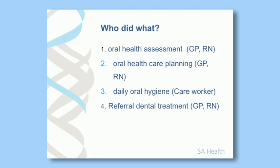Subsequently, we led a three-state Victoria, New South Wales and South Australia program to test this process in a broader range of settings to see if it was sustainable. It is. And the oral health assessment, the care planning done by the GP or RN now added into the equation. Daily oral hygiene implementing part of the care plan by the care workers. Referral for treatment in our version of the program,